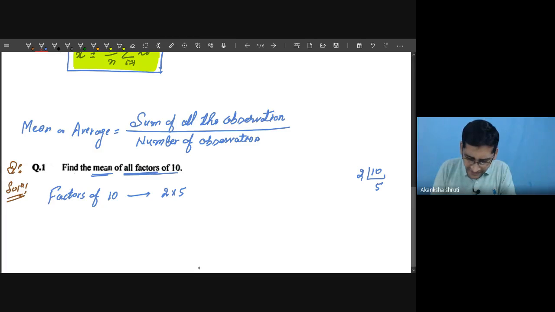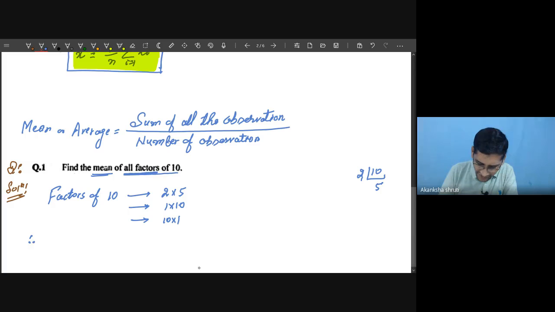What are the other ways? You may write this as 1 into 10 also. You may write this as 10 into 1 also. So what are the various factors? So the factors that we have to write, therefore,